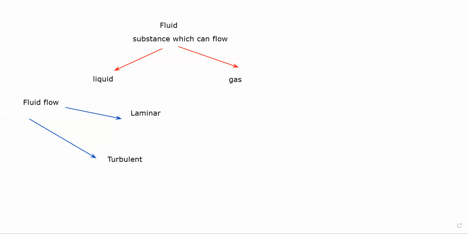Laminar flow means that the particles within the fluid are following each other. For example, if these are a group of particles, and this is another group, the two groups may move with a different speed, but the particles are actually following each other. So when these particles within the fluid are following each other